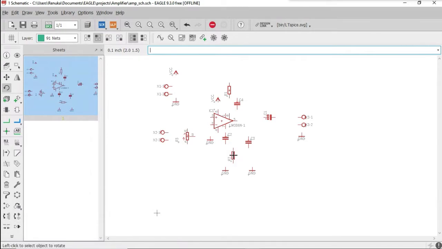I request each of you to just go through this arrangement how I'm doing and simultaneously do with me. After arranging all these components, I'll give some time for you to refer to this and arrange similarly when you're doing it. After rotating a few components, you can start with your connections. I'll just show how to wire your components.